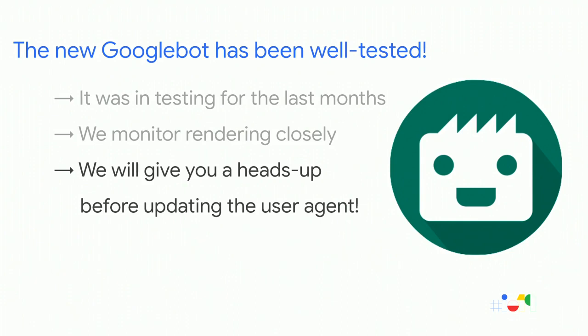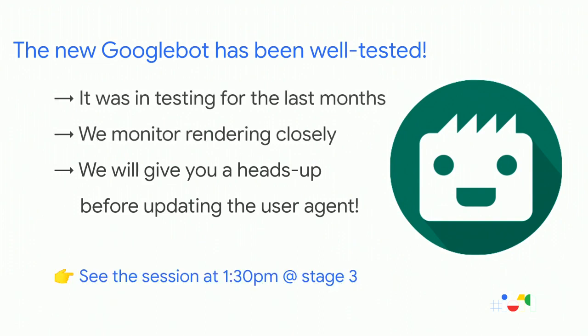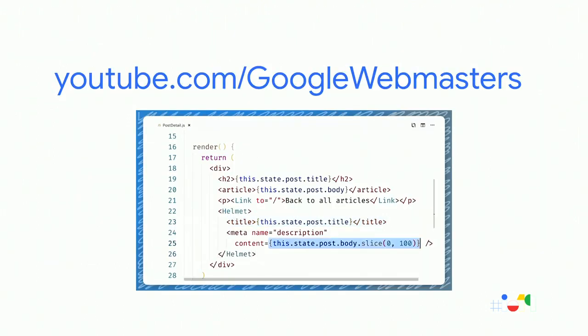Do not hard code the user agent exactly. Use something like pattern matching to be a little more flexible. But basically, we will update the user agent, but we haven't done that now because we want to make sure that we're not breaking your content. All right? Cool. If you want to learn more about that, as I said, please join us at 1:30 p.m. tonight. It's going to be fun. All right. So that was very brief, and the session is going to cover more details. If you are using JavaScript frameworks, not everything will just magically work now. A lot of things have been fixed. We have over 1,000 new features, but